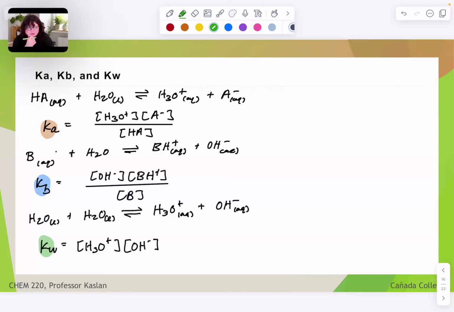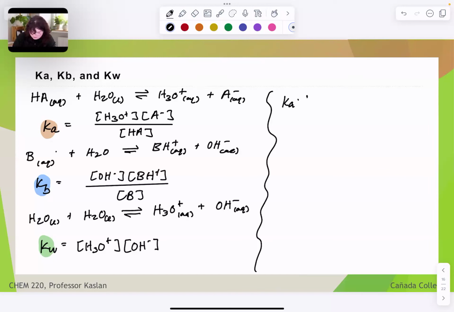Let's see here. What if I were to take the product of Ka and Kb? Why am I looking at that product? Well, I know that Kw is both acid and base terms multiplied, and Ka involves an acid term, and Kb involves a base term. So what if I multiplied them? What would that get me? This would get me